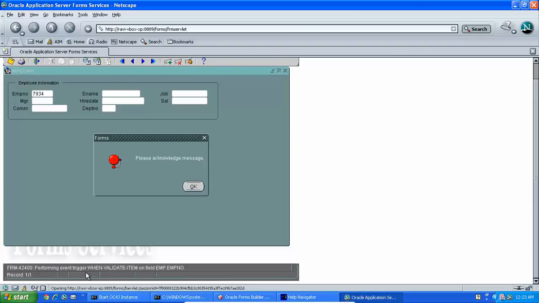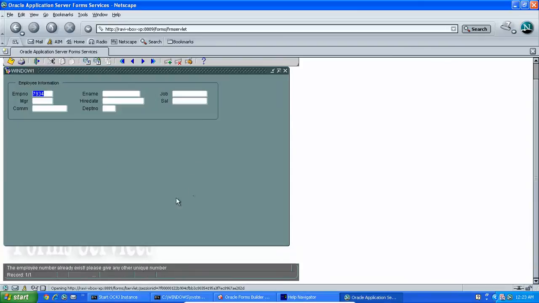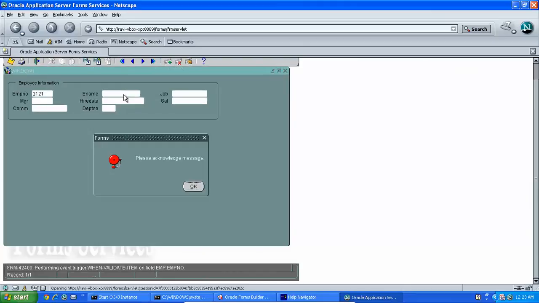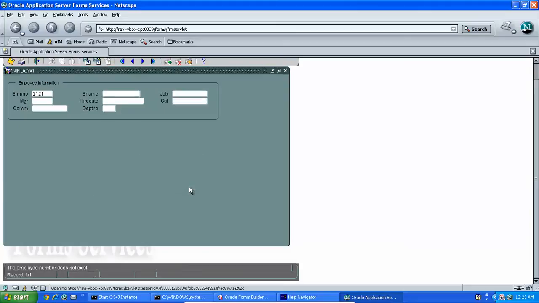What it is doing is performing the when validate item trigger on the field. Okay, now here the employee number already exists, please give any other unique number. Now if I give 2121, which is not present, there will be no error and you will get the message also. Now it is performing the when validate item trigger again, the number does not exist. Great. Now let's give a username, any job, a manager, let's give 7788 as the manager number, hire date